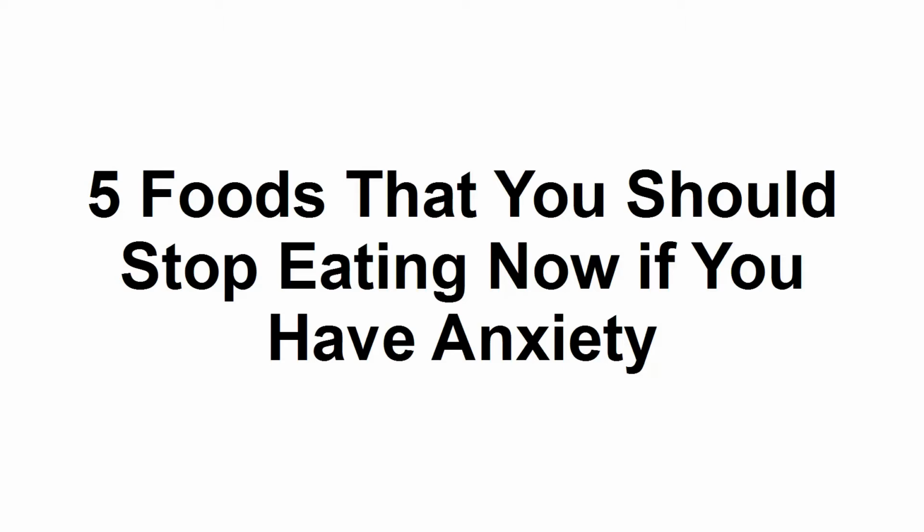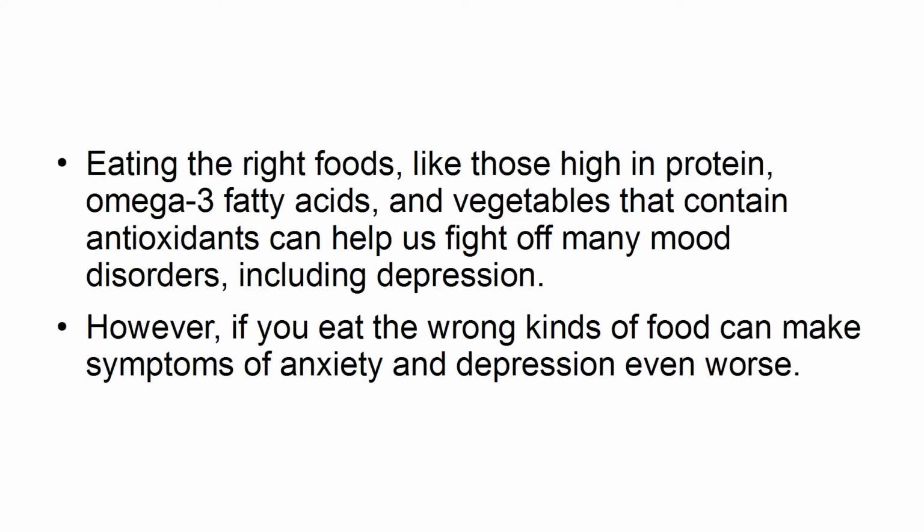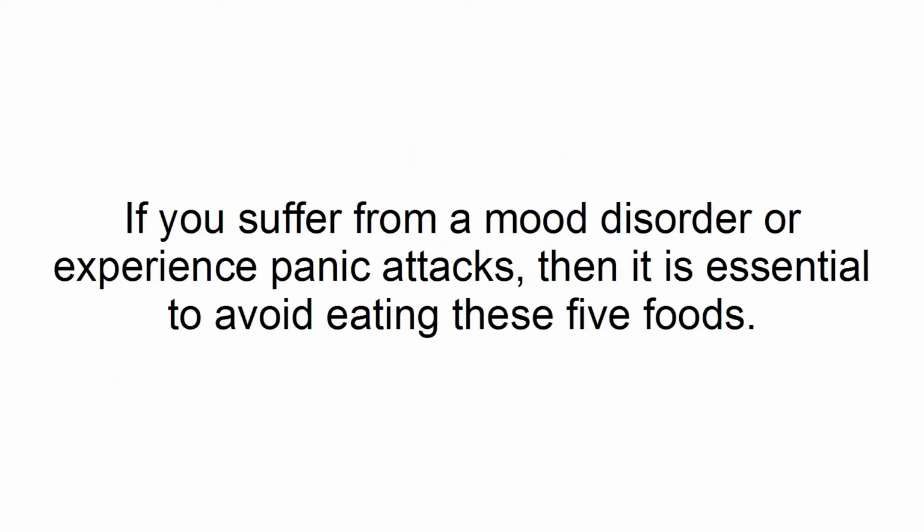from anxiety. Eating the right foods, like those high in protein, omega-3 fatty acids, and vegetables that contain antioxidants, can help us fight off many mood disorders, including depression. However, if you eat the wrong kinds of food, that can make symptoms of anxiety and depression even worse. If you suffer from a mood disorder or experience panic attacks, then it is essential to avoid eating these 5